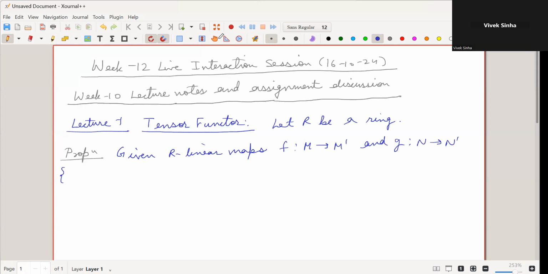Here M and M dash are right R modules, and N and N dash are left R modules. We have seen the definition of left and right R modules,